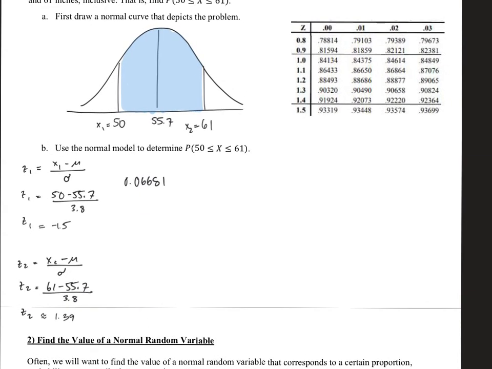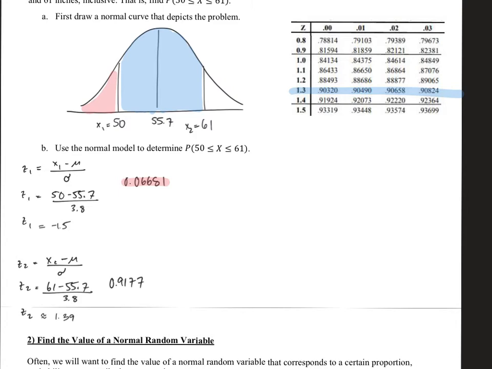And that is the area to the left of 50. So that's this area right there. And then we're trying to find, so for 61, and I actually put the wrong chart here. In your actual chart, you would look for the 1.3. We'd keep going until we found the column of 9, which would be further down. These are the 0, 1, 2, and 3 columns, which is not what we need. So when you find the actual column for 1.39, the answer for that would be